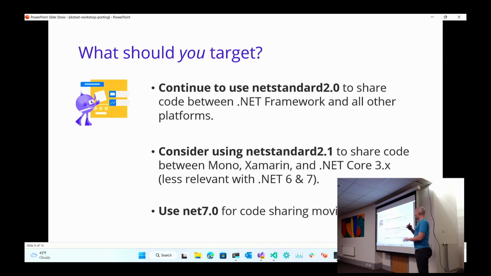Well, let's talk a little bit about what .NET Standard is. So .NET Standard, and again, oversimplification, is a contract to a fixed set of APIs that are written to work on any platform. And how it works is the higher the version of .NET Standard you have, the more APIs that you have access to. But the lower the number, the more platforms you support.